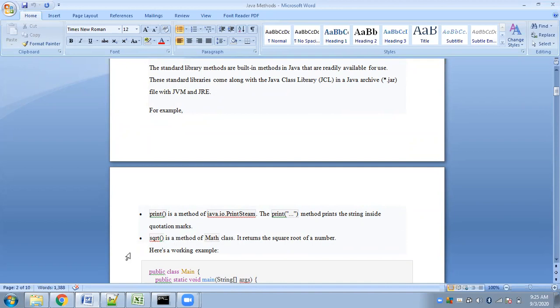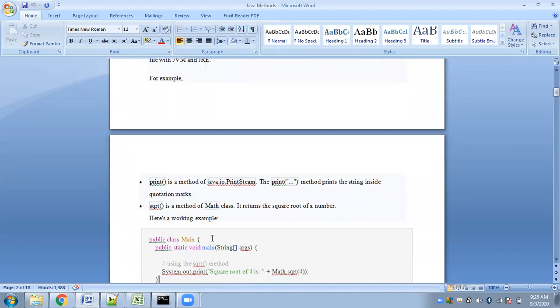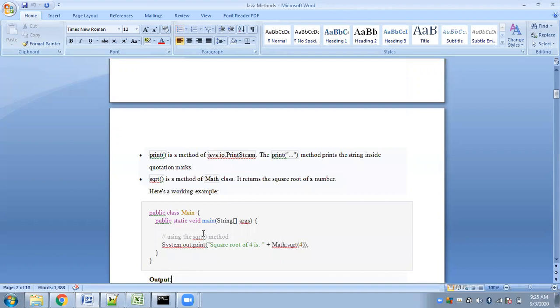If you are to calculate the square root of any number, you can use it in your program, provided you have imported the package. This is one program where the working of the square root method has been shown.